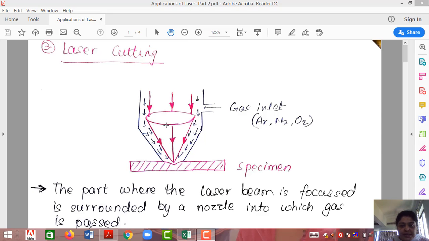But in case of laser cutting, what additional do we have? This portion wherein you have this window. After the window, what is done? The surrounding, we have a chamber of gas created wherein there is a gas inlet and outlet. Now the gas used can be oxygen, or it can be any inert gas like argon. What is the basic purpose of having this gas chamber?